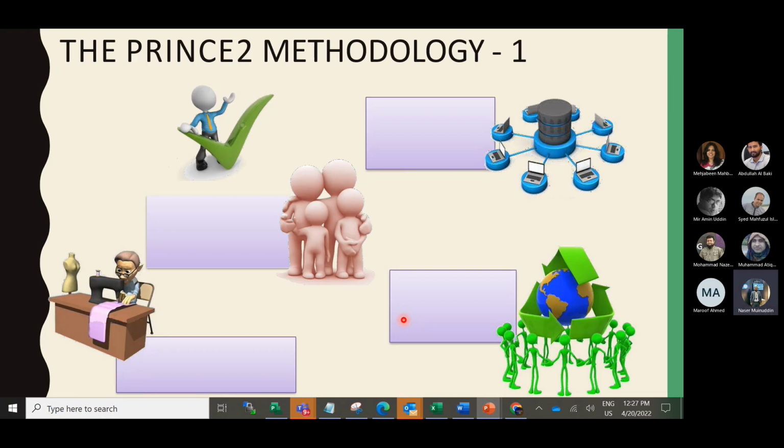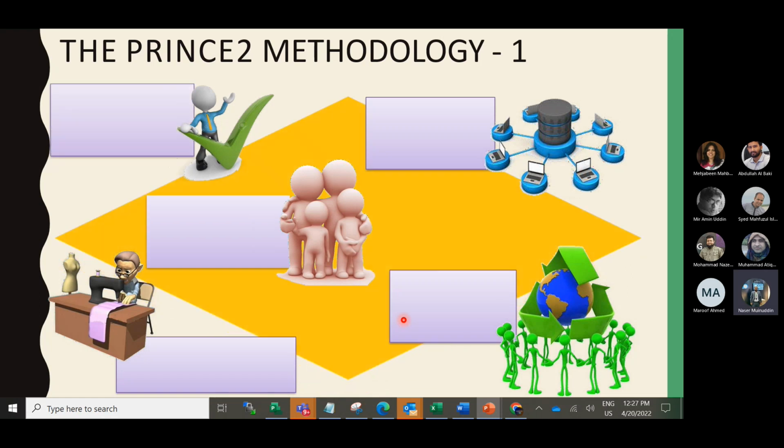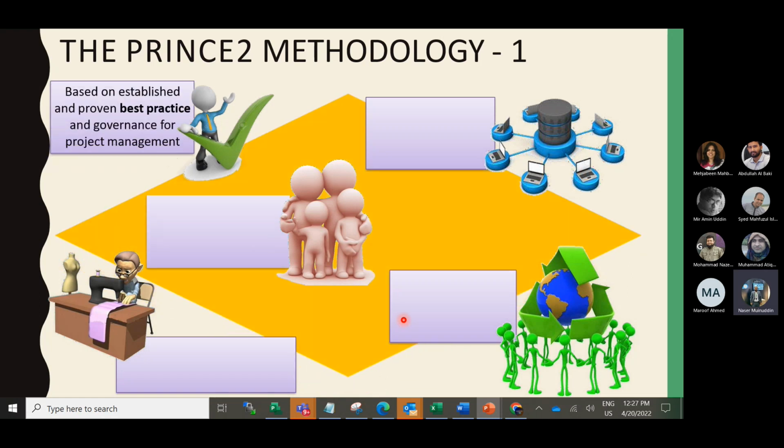So at a high level, we discussed the structure, the processes, and the themes we covered. Then we discussed why the Prince2 methodology is used.